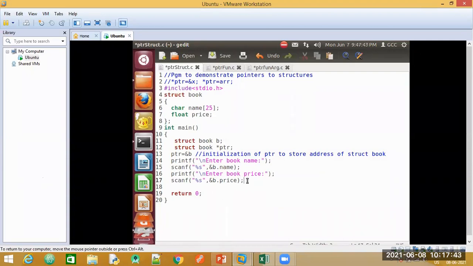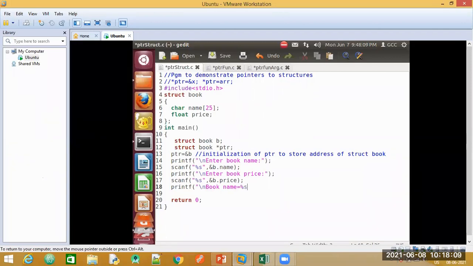Now once the user's input is stored, we need to access it, no? That is why we have made use of pointers here. So now observe this statement. I am writing printf. I will just be printing the user's input. I'll just be printing the book's name, and I will be printing the book price.